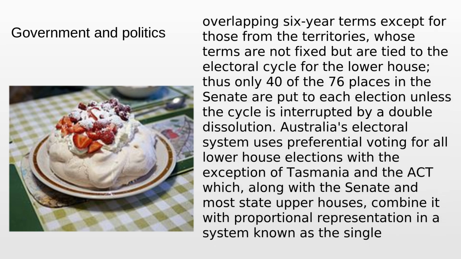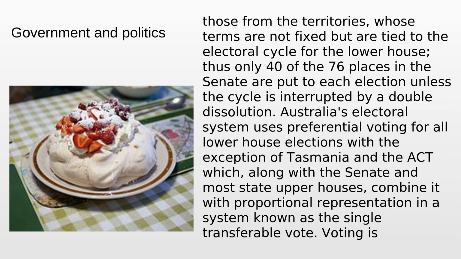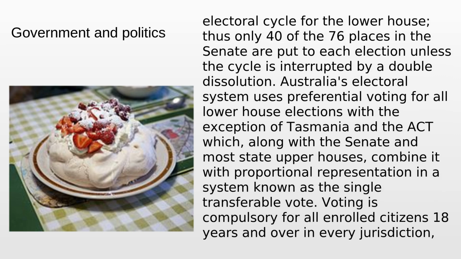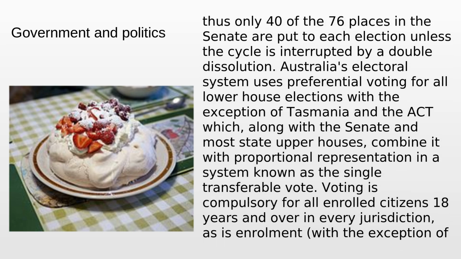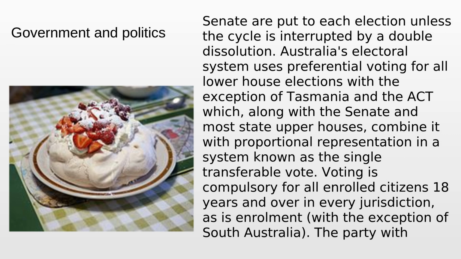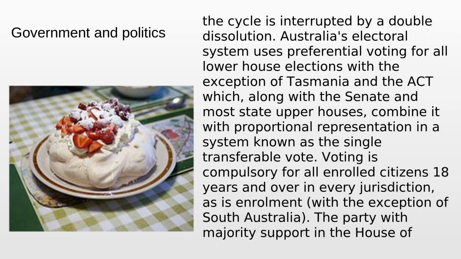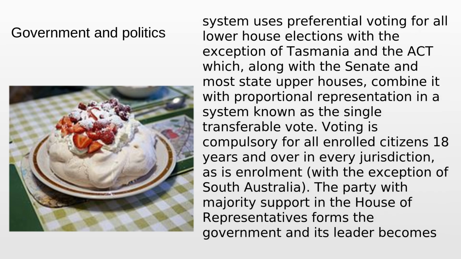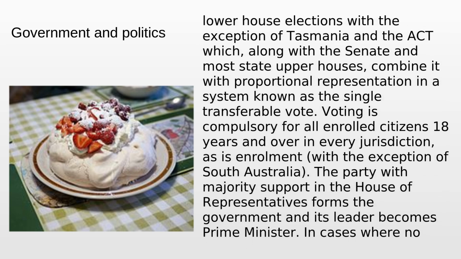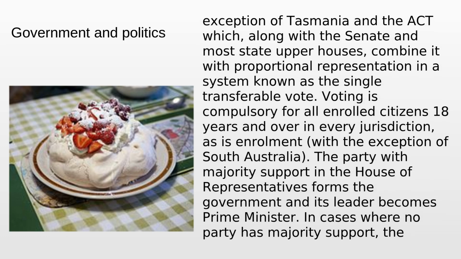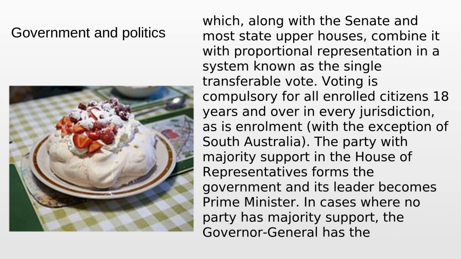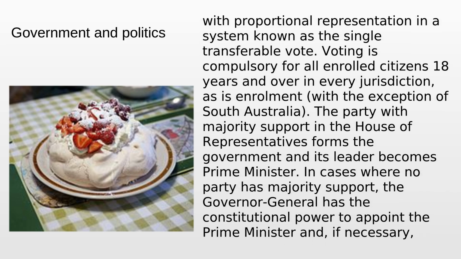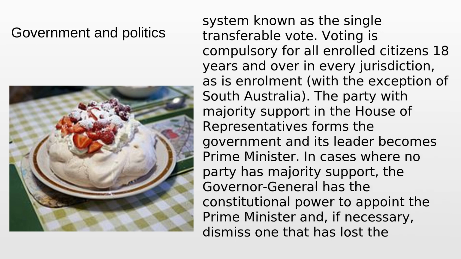Thus only 40 of the 76 places in the Senate are put to each election unless the cycle is interrupted by a double dissolution. Australia's electoral system uses preferential voting for all lower house elections with the exception of Tasmania and the ACT which, along with the Senate and most state upper houses, combine it with proportional representation in a system known as the single transferable vote. Voting is compulsory for all enrolled citizens 18 years and over in every jurisdiction, as is enrollment, with the exception